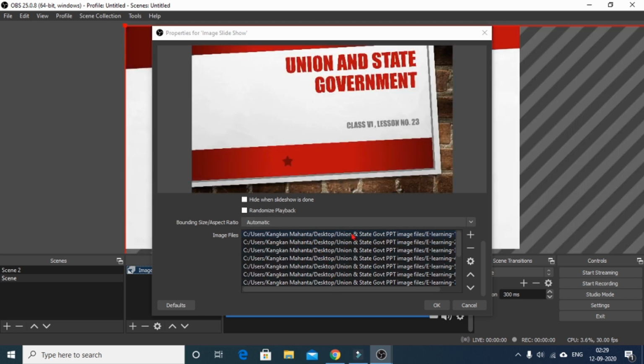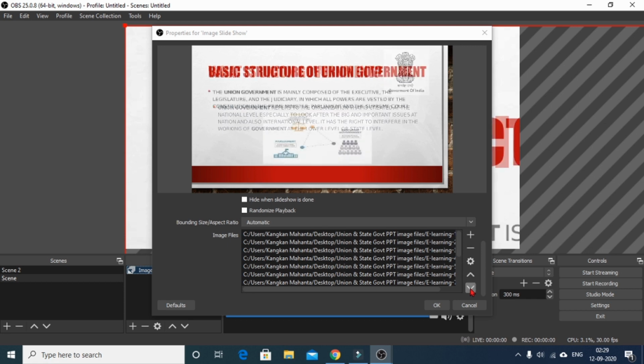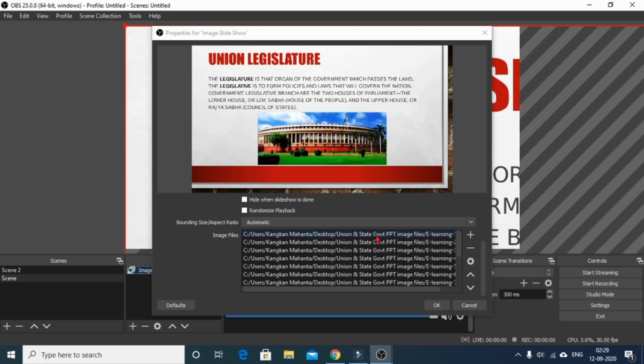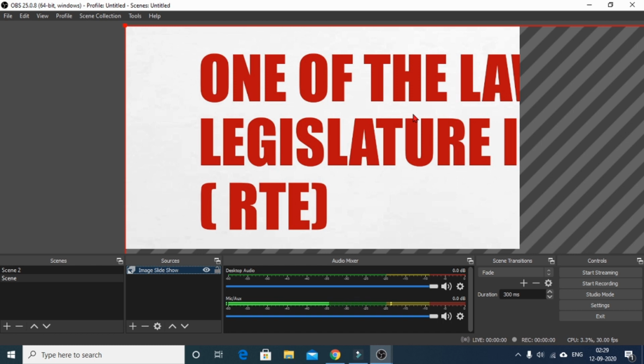You can check the sequence of the slides by seeing these options, and if you want to change the sequence of any slide, you can do that by using this upward arrow key or downward arrow key. When all the slides are in sequence as per your need, you click on OK and the slides are added to the screen.